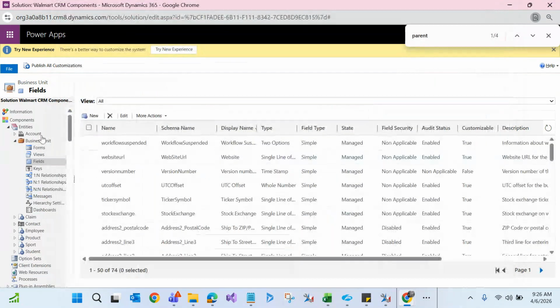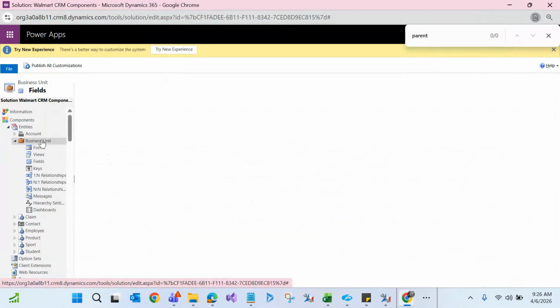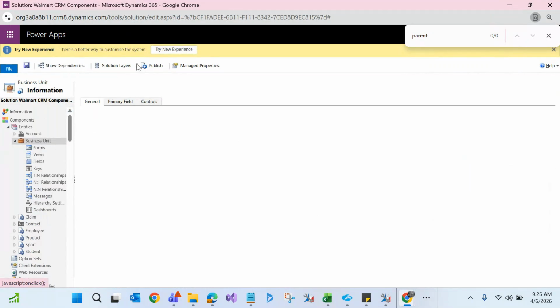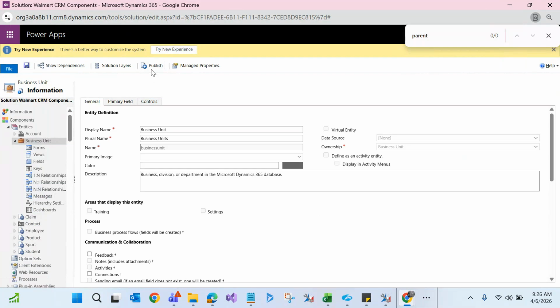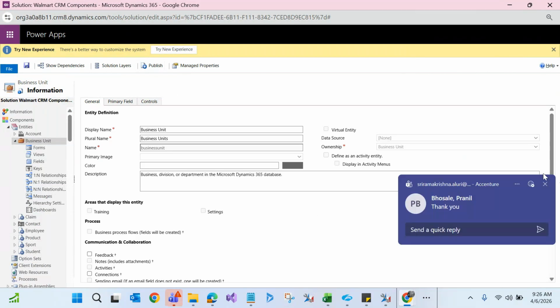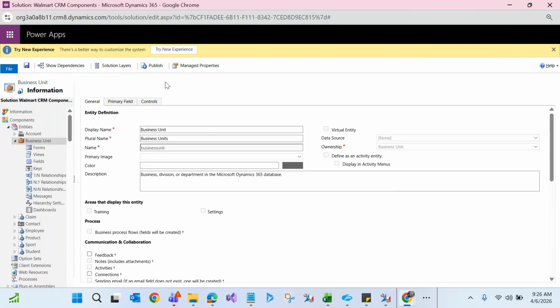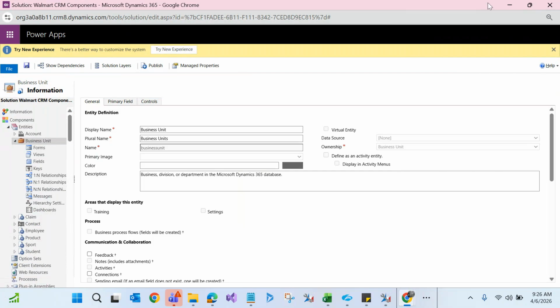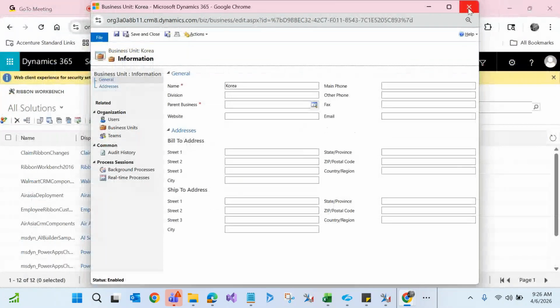And you need to click on this particular business unit entity. We modified the properties of a field, right? So you need to publish it. So to publish, you need to click on that entity, save, publish. You can click on publish. Okay, now publish is done. You can go back to